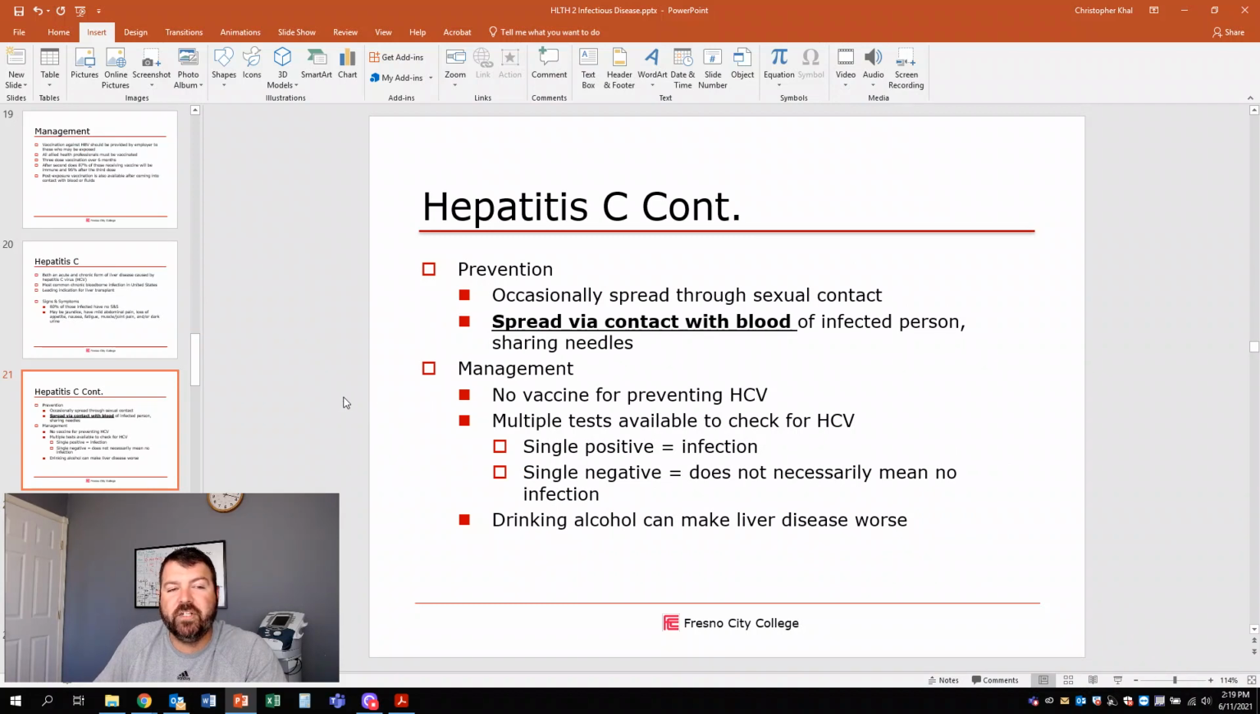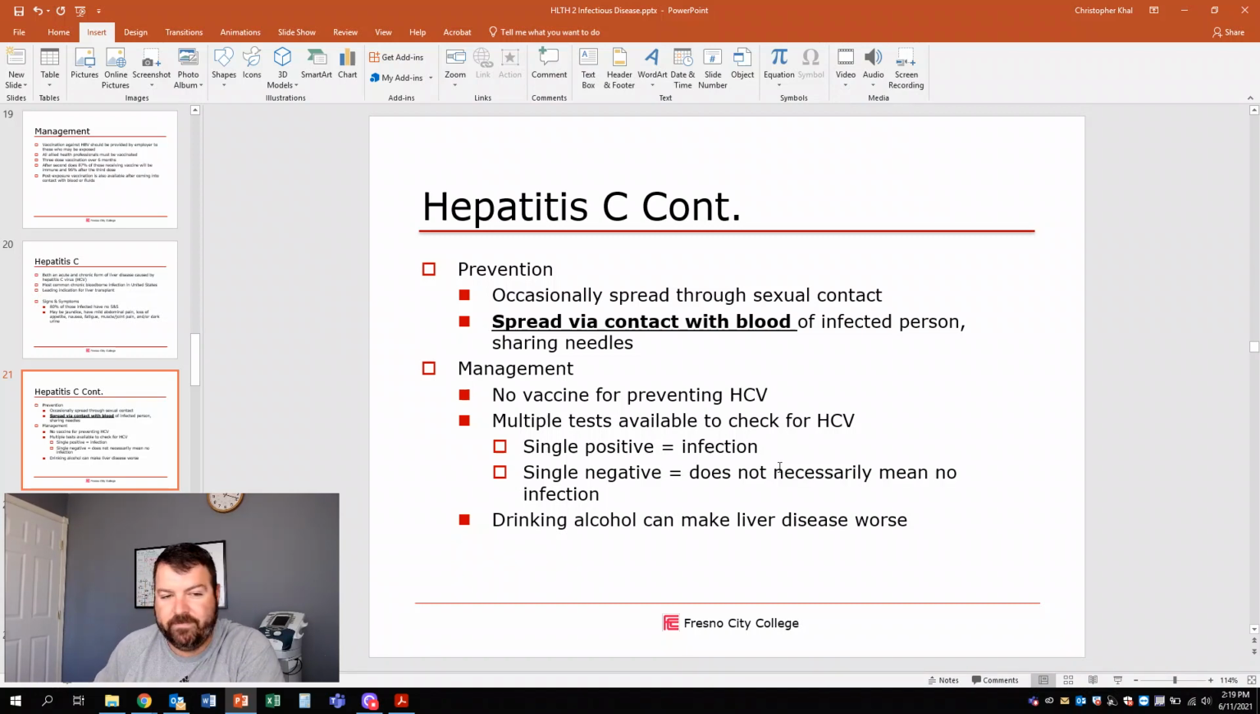All right, prevention. Occasionally spread through sexual contact. Okay, spread, really big is spread through contact with blood, so infectious person sharing needles. That's another one. Measurement of vaccine for HCV. Multiple tests are needed to see if you're actually positive. Okay, so even though a single positive test may not totally mean that you're positive,